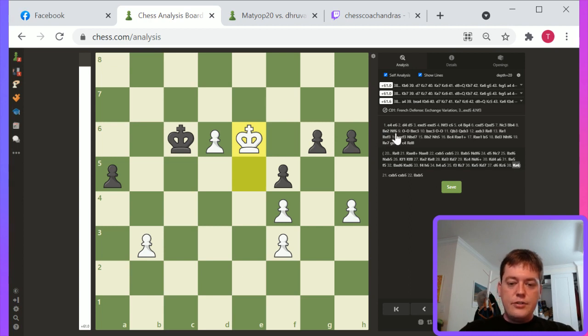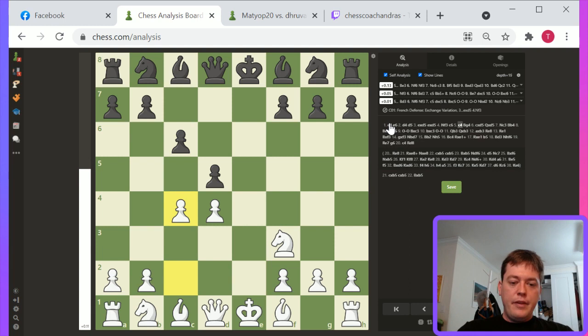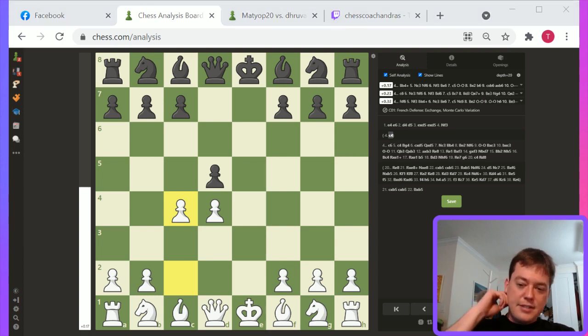But yeah, so let's look at this. E4, E6, French exchange variation. C4 is challenging. Basically, the immediate C4 is the Monte Carlo variation. I've played this a few times against strong players. I have a few good wins over masters with it. It's actually pretty interesting. It's basically a pretty drawn